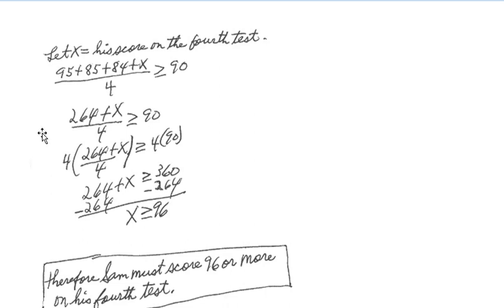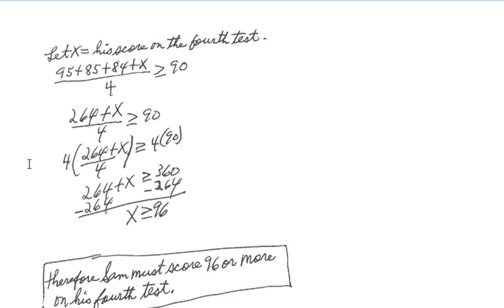Well, there are several different steps you can take from here, but what I'm going to suggest first is that we get the sum of the 3 tests already graded, and that sum becomes 264. Then we'll add the 4th test, which is x, to that, divided by 4, and again that average must be at least 90. Next we need to get rid of the fraction, so we need to multiply both sides of